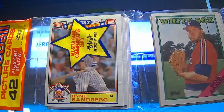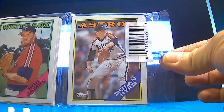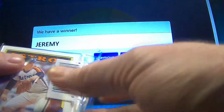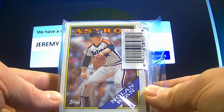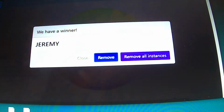So congratulations to Debbie. This will come out to you in unopened condition. I'll get that saved aside with the rest of your cards. Jeremy, better luck next time. Hopefully we come across some other neat cards like this when we open your next set of Rack Packs, because